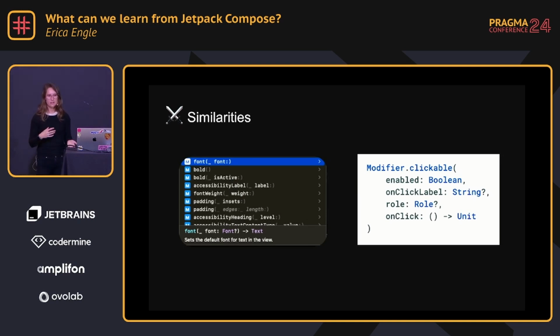If you've ever seen this screenshot on the left, you're probably pretty familiar with just scrolling through all the properties you can use with autocomplete. You can get pretty comfortable with trying to find the different modifiers that you want, similarly for SwiftUI. So when you're chaining all of those different properties, you'll step through and figure out which ones you want to use. Maybe you don't know the name, and so you'll be able to use that. But it makes it really powerful for how you want to put your views together.